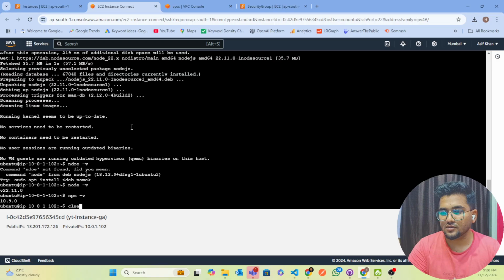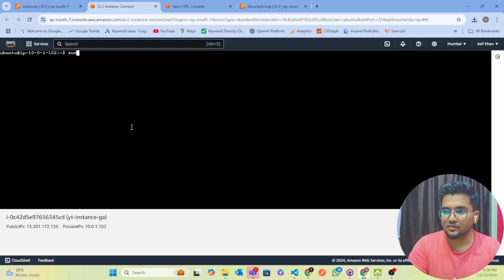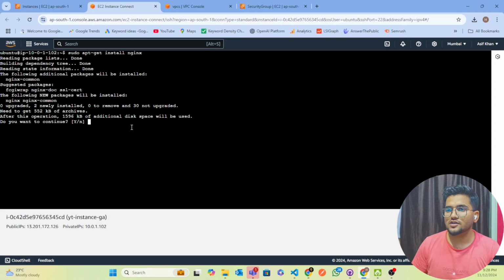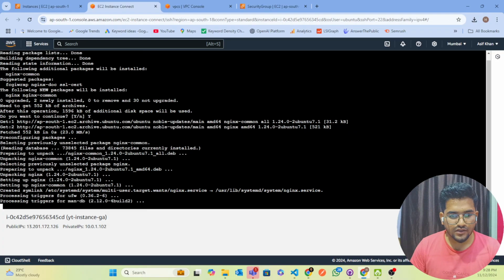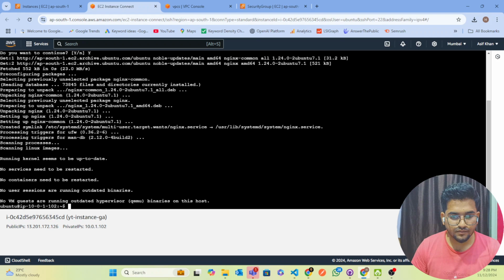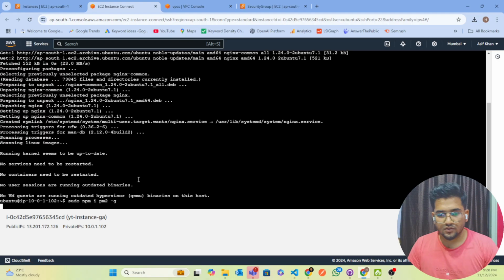Now let's install nginx. Sudo apt-get install nginx. Nginx is also installed. Now let's install the PM2 server. To install that, we need to execute npm i pm2 as global. Also, we need to execute it with the sudo command. Let it be installed. Till that time, what we will do,